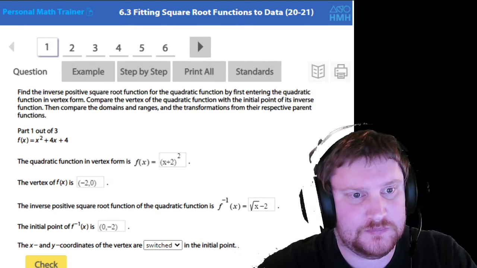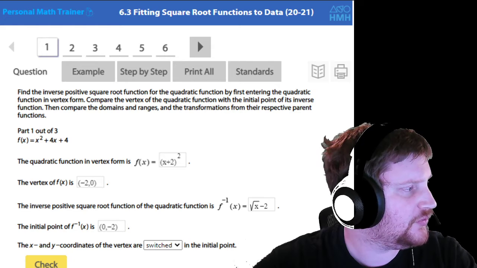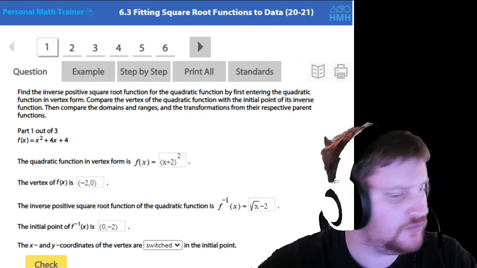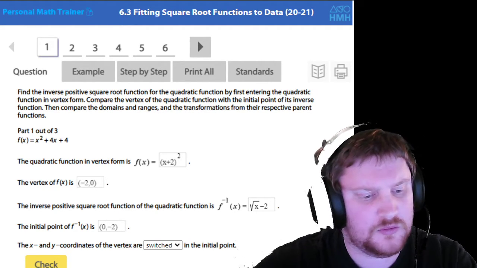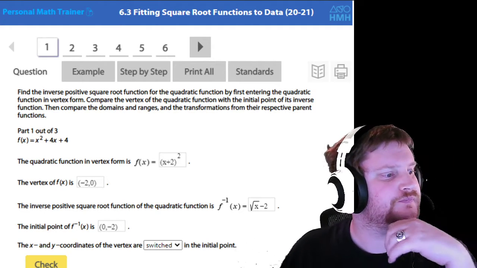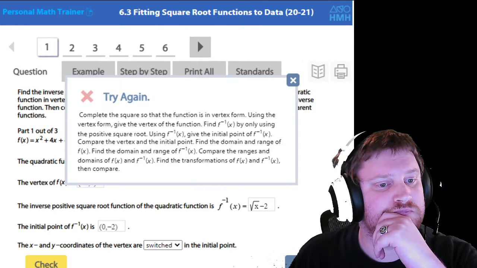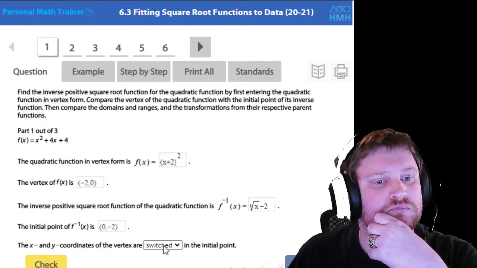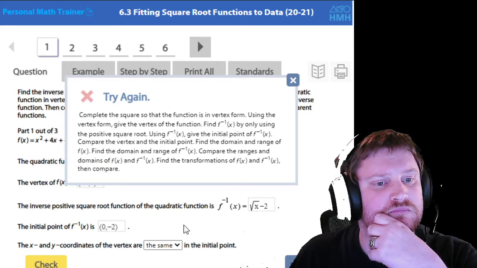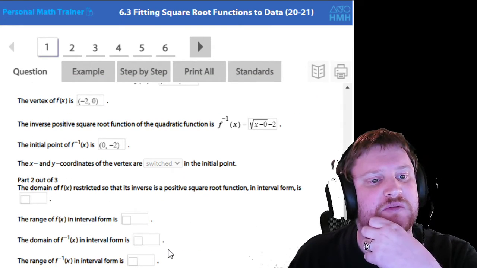Because, oops, that's supposed to be plus. Oop, not 21, squared. Basically what I'm doing at this point is I'm just making it